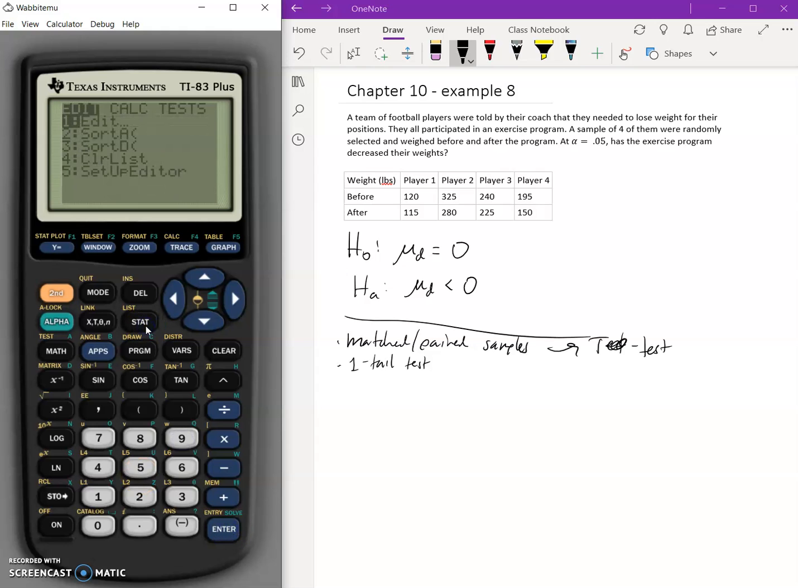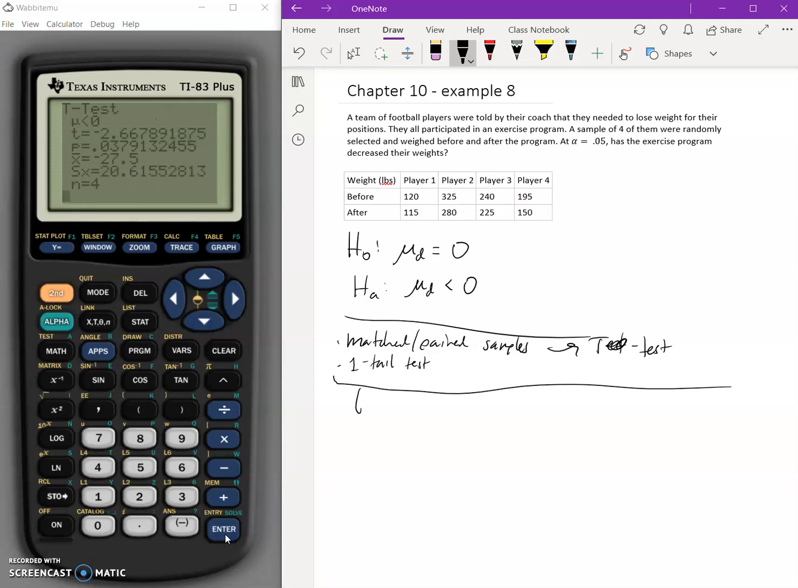So now when I go over to stat, go back over to tests, go down to t-test, I choose data. We have the null hypothesis is still with 0. Now we're wondering, are we less than 0? We calculate this. And what I get is a test statistic that is t equal to negative 2.67 and a p-value that is equal to